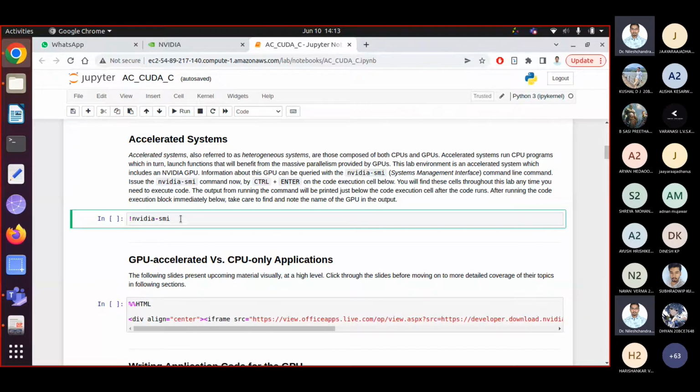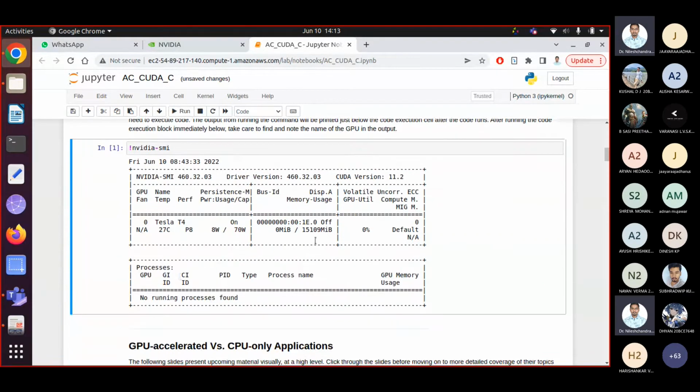If I execute this cell, I'll press Control Enter, or simply press Run here. It will show the details of the GPU. In this case, I can see there is only one GPU allocated for me, and its name is Tesla T4, right?